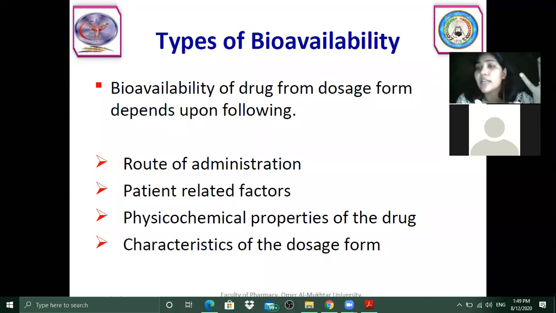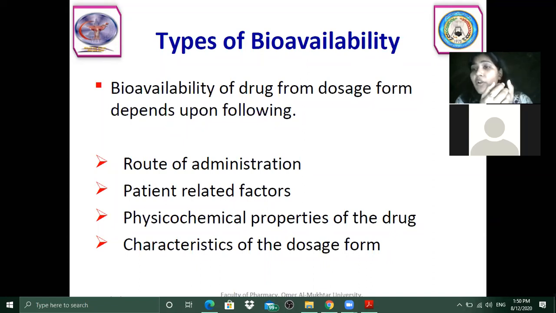So whatever drugs are available in the market, they are made according to the average person's body mix, right? If a person weighs around 150 kgs, maybe he will not be satisfied with 1 paracetamol tablet for reducing his fever. He might have to take 2 tablets. Okay, because the amount of dose that you give is always related to the weight of the person, right? So he might not get an effect. His fever might not get reduced by eating just 1 tablet of paracetamol. So he might take 2 tablets.